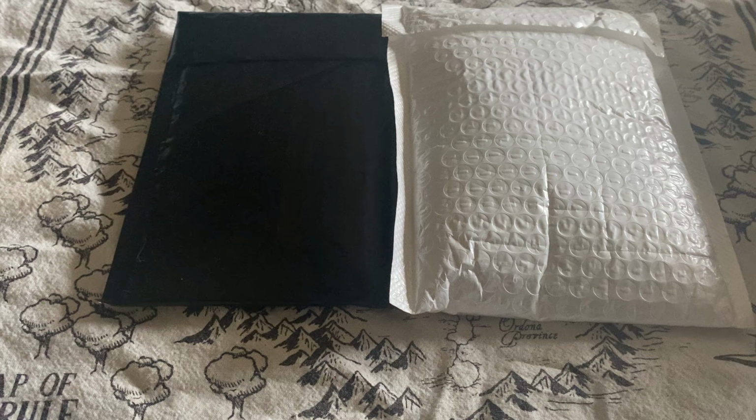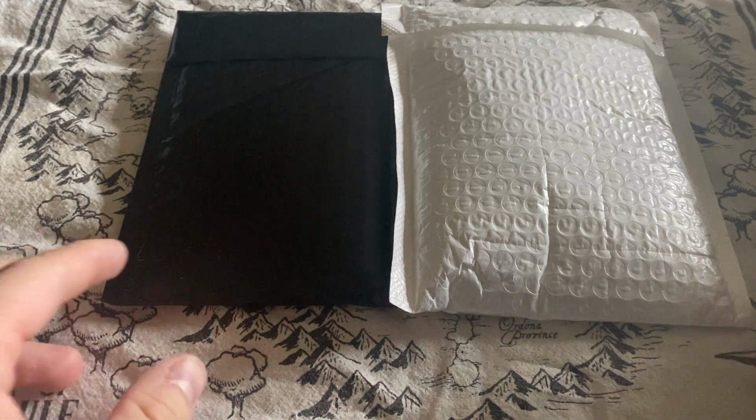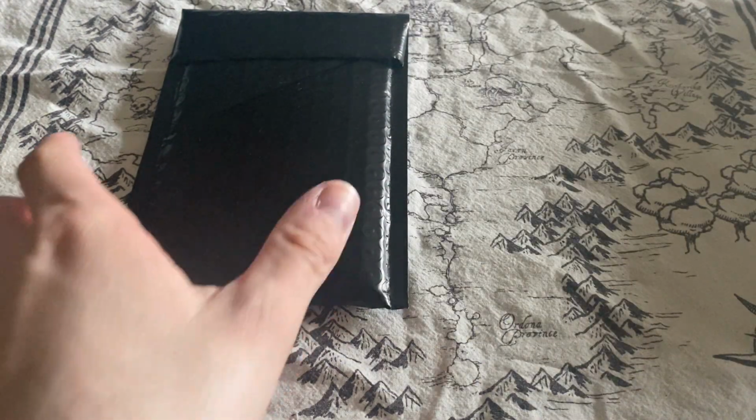But the first one took about 2 weeks to get here. Spent a good amount of time sitting around in Atlanta and should have never even gone to Atlanta in the first place. But what can I say, USPS in general has been weird lately, so I'm going to start off with